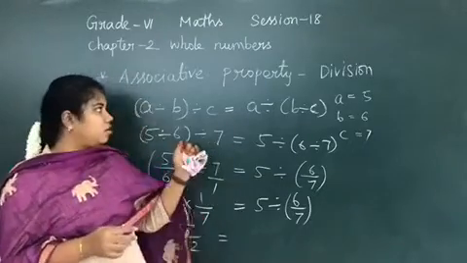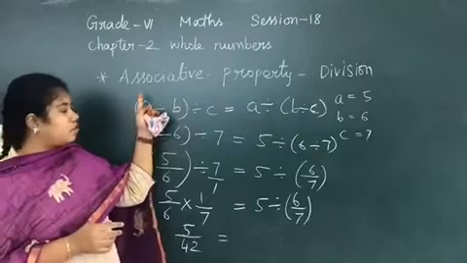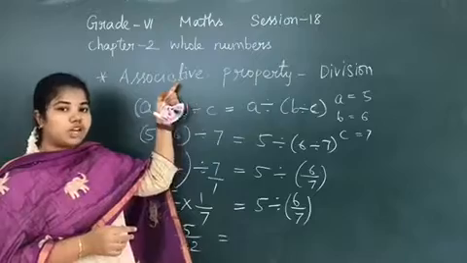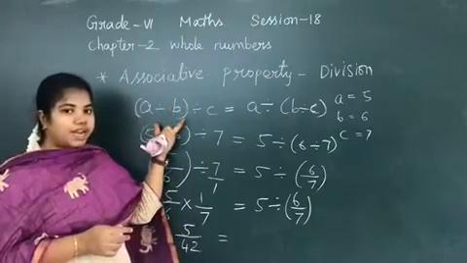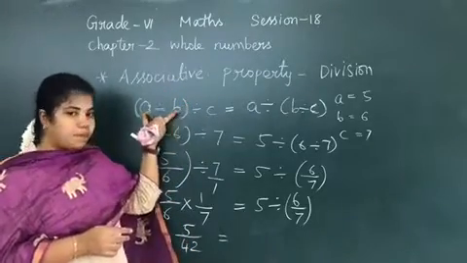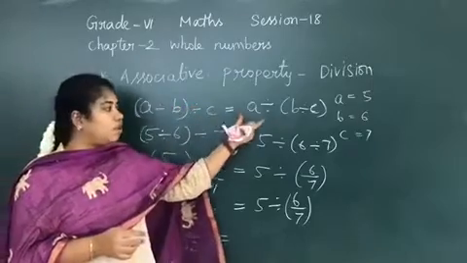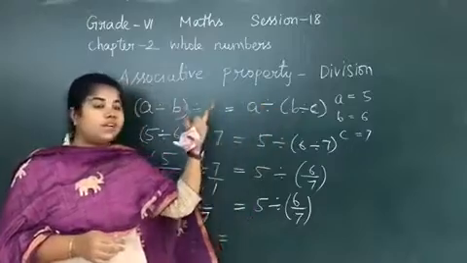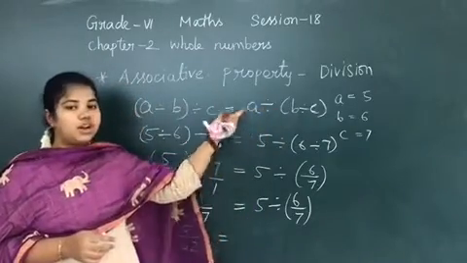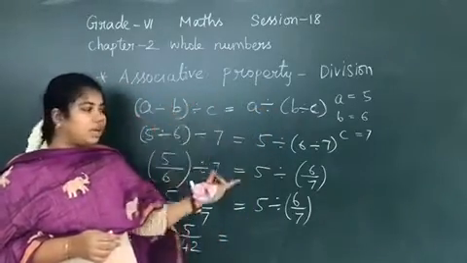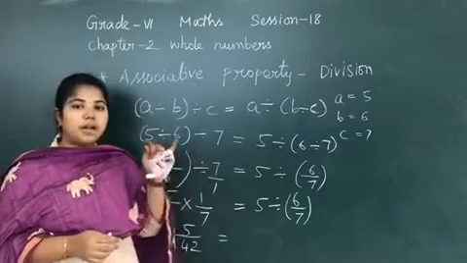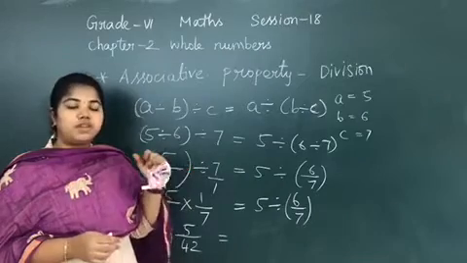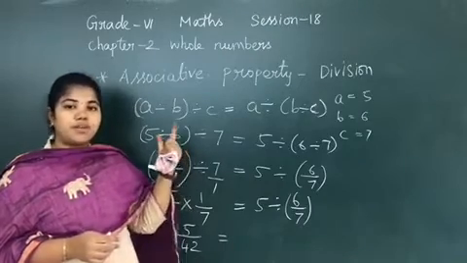Again I will explain what is associative property. Spelling of associative property: A-S-S-O-C-I-A-T-I-V-E. Associative property. Only the change of bracket is the thing here. A divided by B in brackets divided by C is equal to A divided by B divided by C inside the bracket. So we have dealt with so many examples for addition, subtraction, multiplication and division, and we have found addition and multiplication satisfy the associative property for whole numbers, and division and subtraction do not satisfy the associative property for whole numbers.